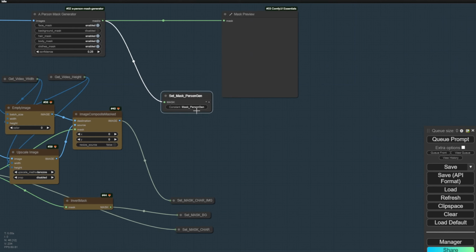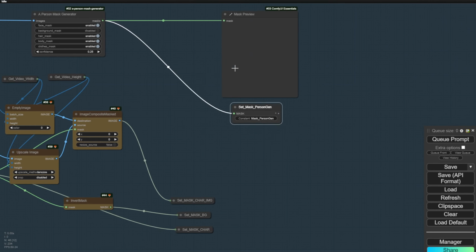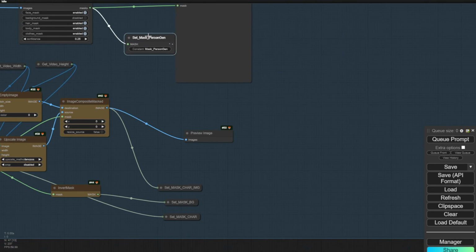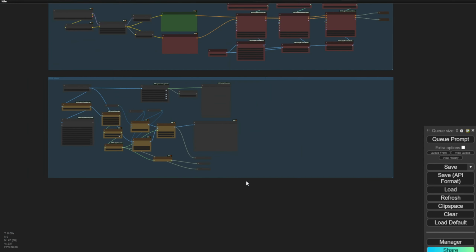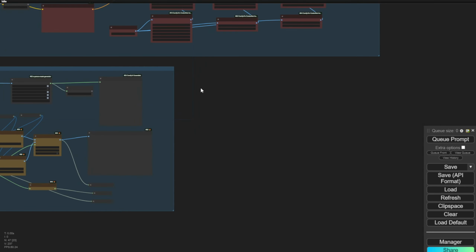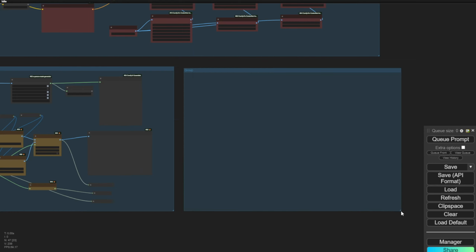So this will go to the final destination here, and we have some preview images here. So it's easier to see what kind of data we have. So basically, that's for masking and segmentation masks. If you enable one of them, either one of them, then just highlight this part and do a bypass. And you don't need to run two things at the same time. Well, you can do that if your computer's processing power is good enough. But no, usually you don't have to do that.